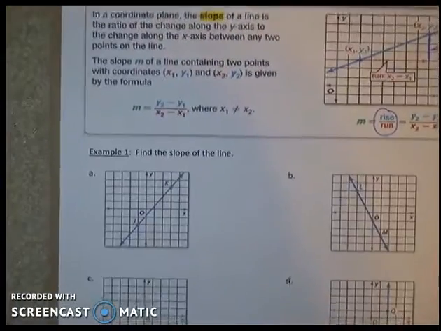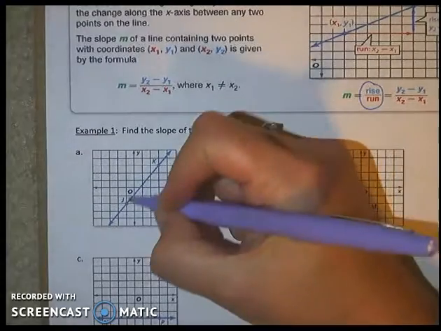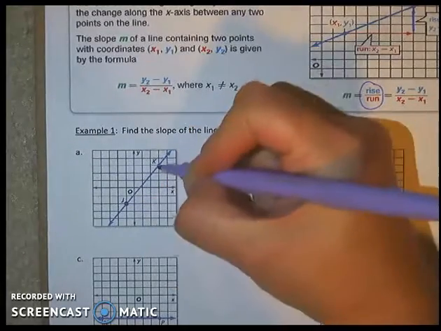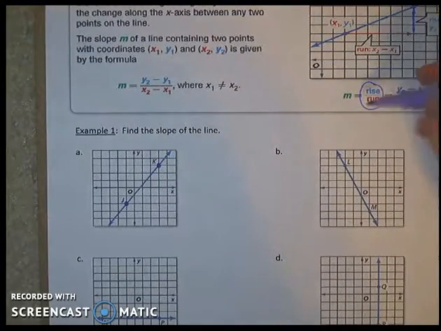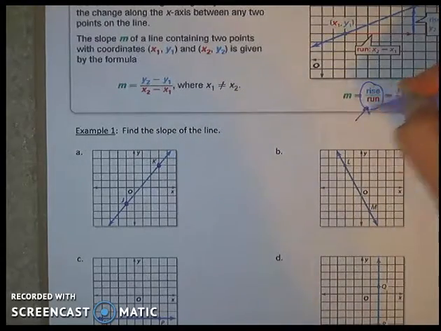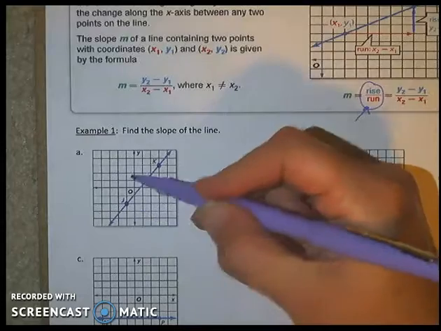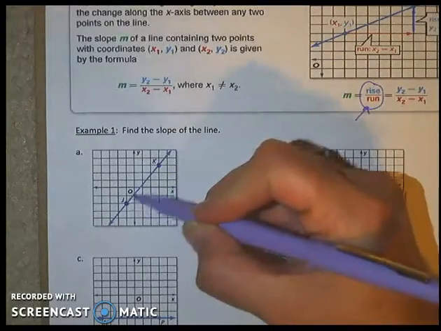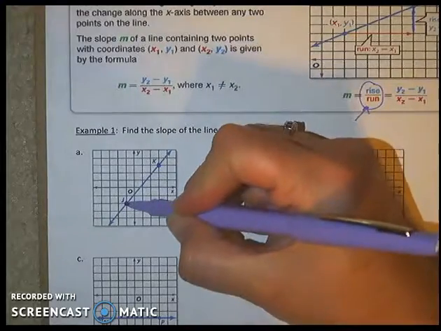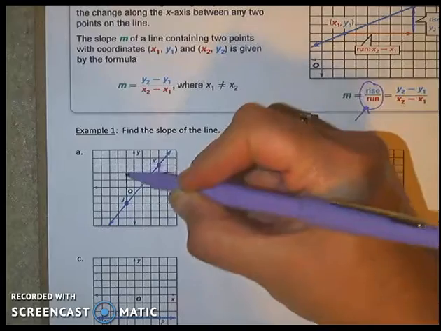When we look at graphs, I know yours isn't in color, but we really want to concentrate on those points. When I'm looking at a graph, I'm just going to count the rise and the run. I'm not actually going to look at those points and do the formula. You can if you want to, but you are more than welcome to just count, especially when the graphs are just going by ones. So when I look at this slope, I know I go up 1, 2, 3, 4,